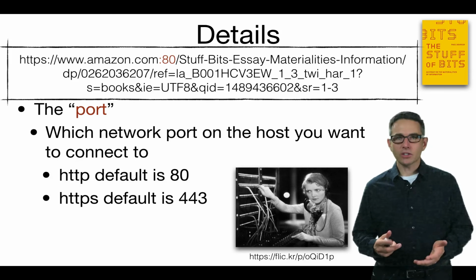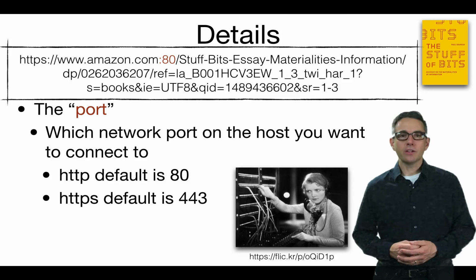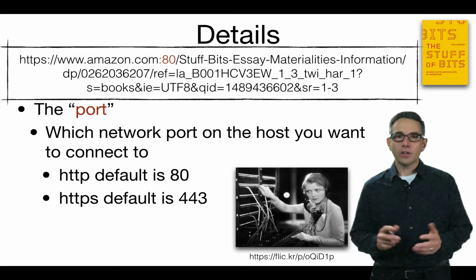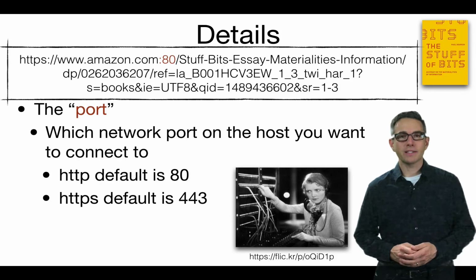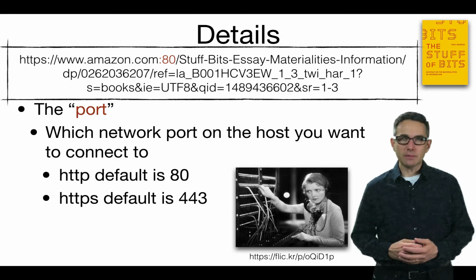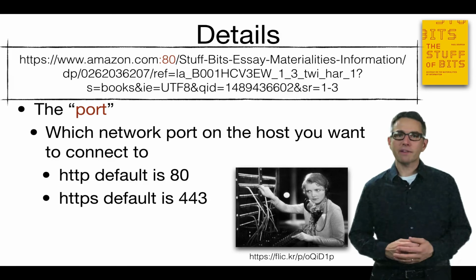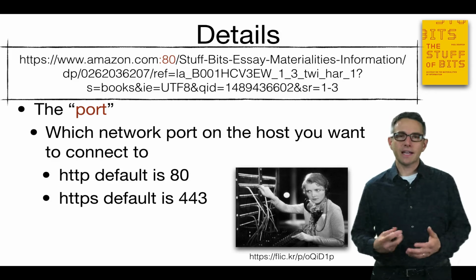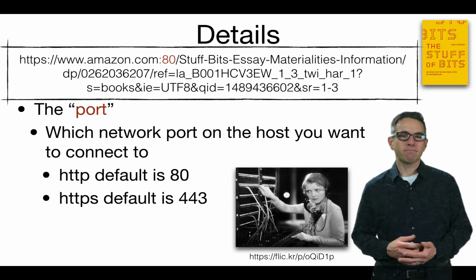The way this works is that certain numbers are assigned to different protocols by convention. So for example, if you add a :80 at the end of your host name, you're saying, I specifically want to connect to port 80 on the remote machine. Now you don't often see that in web requests because by default an HTTP protocol request is on port 80. And an HTTPS port by default uses 443. So if you don't specify which port you want, then you're going to get the default that's associated with it. In this example, we've mixed up the defaults. We've used HTTPS, but we're asking for port 80. Usually this won't work.